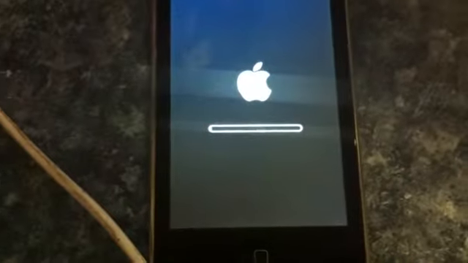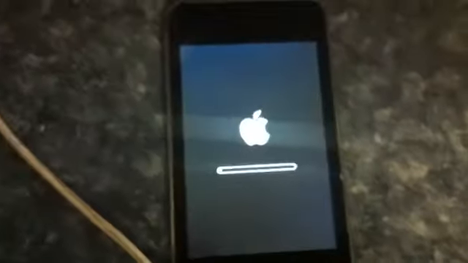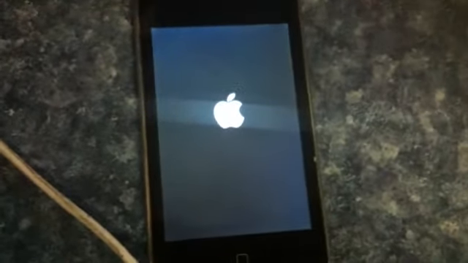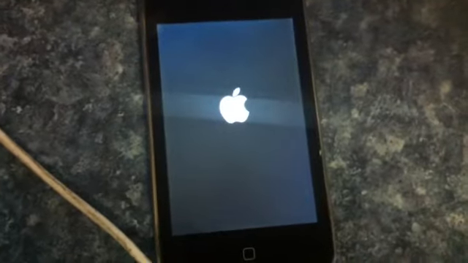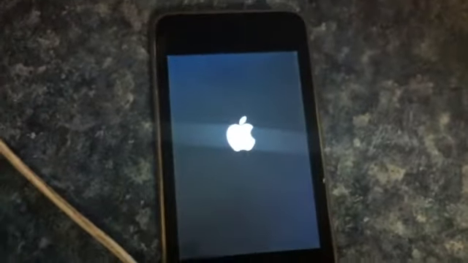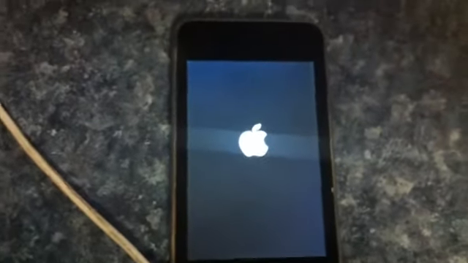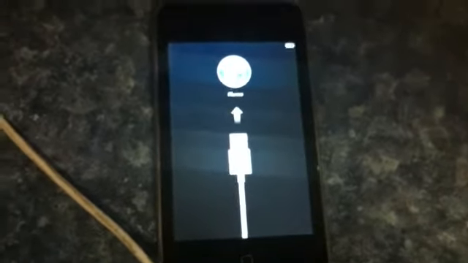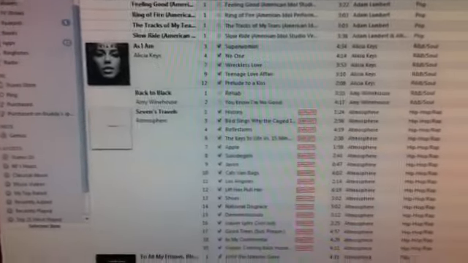Right now, this loading bar, that's the backup. What that's doing is it's putting the backup right back onto the phone. So as you can see, it's pushing up. So now you see the connect to iTunes symbol. That's standard. Once iTunes recognizes the device again,